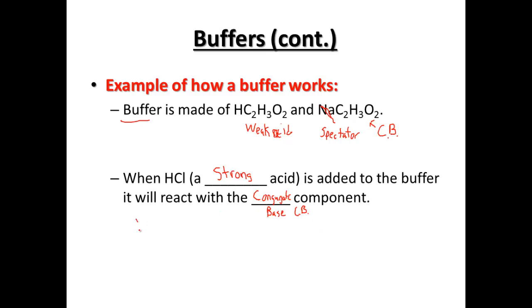And so what's going to happen is the HCl is going to react with that C2H3O2 minus. And we really don't even care, the Cl is also a spectator in this reaction, it's just in solution. So the H plus is going to react with that conjugate base, and we're going to form